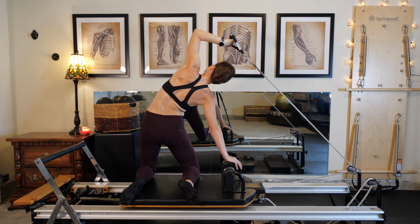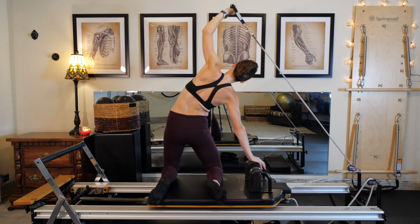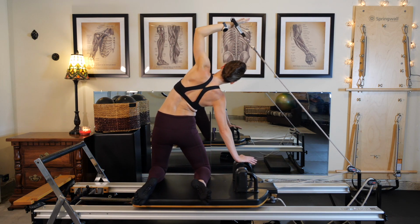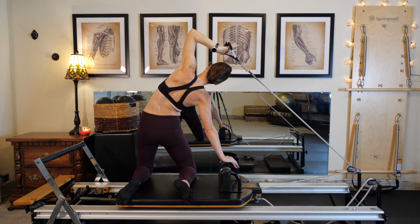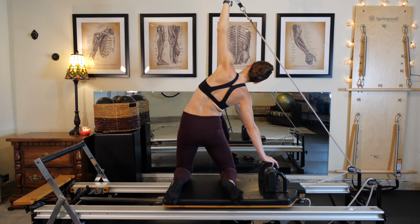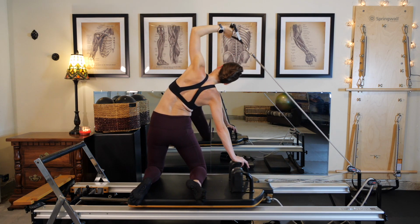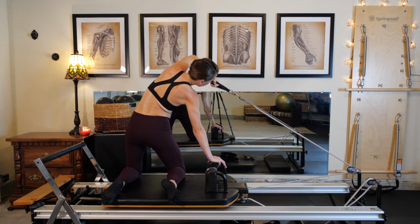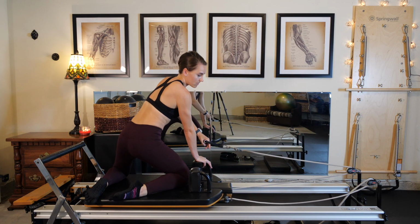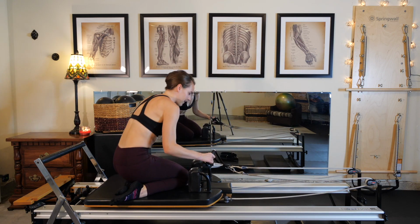Inhale to 90 degrees. Exhale, re-extend. At the same time, those hips are pressed forward. Your supporting shoulder is away from the ear. Let's go for 3, and 2, and 1. Excellent job. Let's go ahead and now grab both straps and make our way to seated, facing the